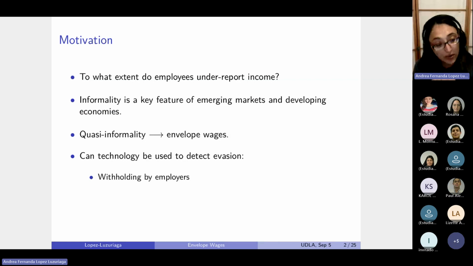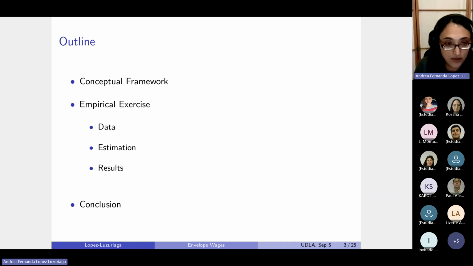So there will be a way to verify the wage that you are reporting with whatever your employer is reporting as a wage. And we have electronic billing information that in a minute I will tell you how it gets introduced in this. So I know that the talk is very short, but this is a little bit of the